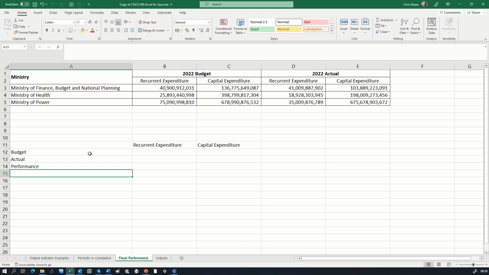And then similarly to what we did with the ministerial deliverables, I want to identify what the performance is in terms of a red, amber or green rating. And again, I'm going to use the same ranges, so performance 70% and above, performance 50 to 70%, and performance